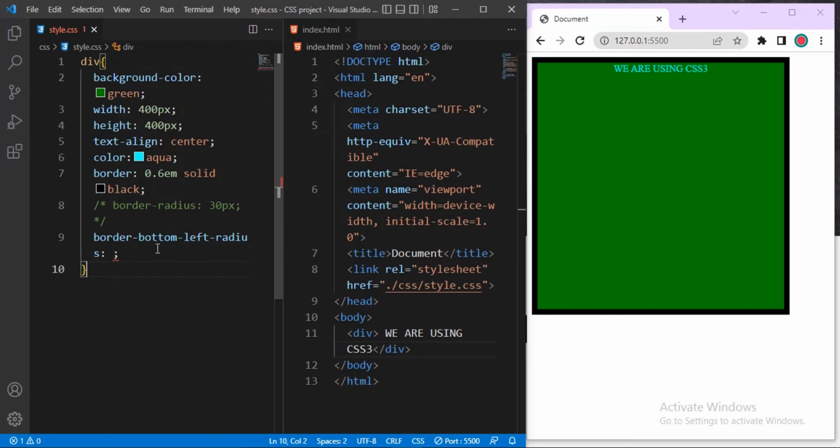Border top, border bottom left largest. That should be this side. Okay, you are targeting only one particular side. So what I want to illustrate is that I can add